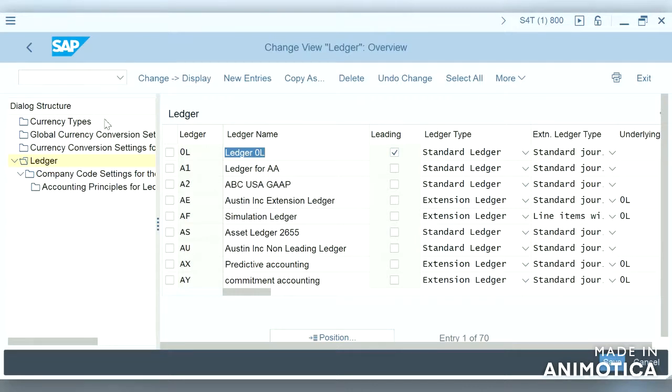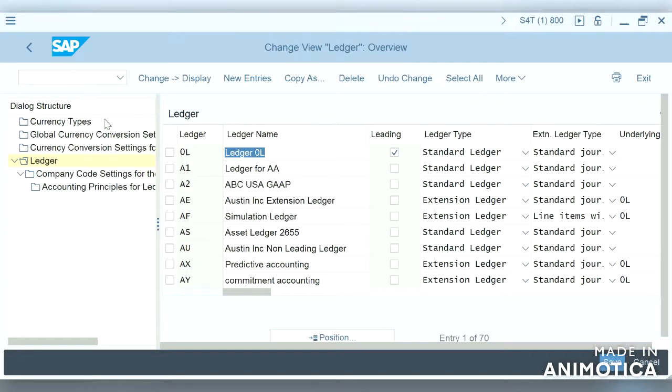They can be based on a local accounting principle. So you have to activate a non-leading ledger for individual company codes. If we want a non-leading ledger for a particular company code, we need to activate it. Non-leading ledgers can have different fiscal year variants and different posting period variants per company code compared to the leading ledger of this company code.